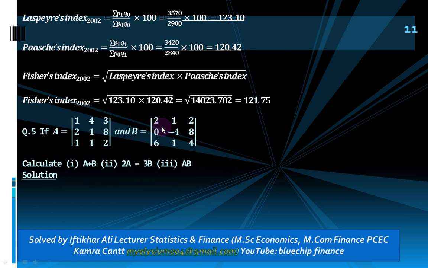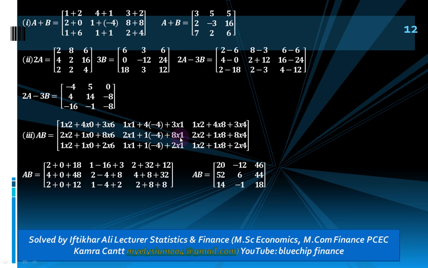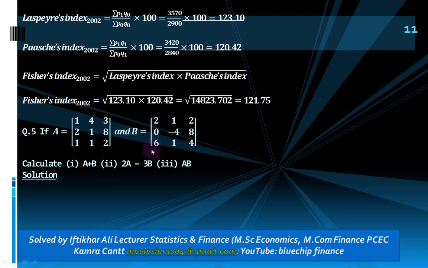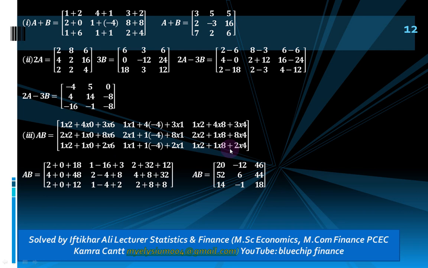After that, second row multiply by first column, second row multiply by second column, second row multiply by third column, that is given here. And finally third row multiplied by first column, third row multiplied by second column, and third row multiplied by third column, and that is given here. And finally take the result, that is equals to 20, minus 12, 46, 52, 6, 44, 14, minus 1 and